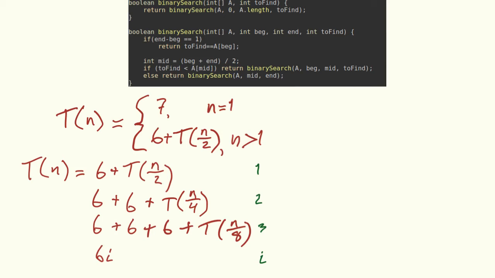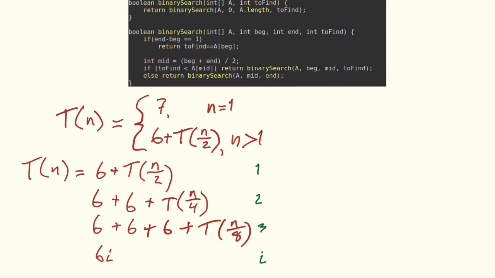6i. Now, here's the tricky bit. What is the pattern going on here? The good news is, once you've seen this pattern, you'll always recognize this pattern. So there are really just a handful of patterns that you can recognize. So what is going on here? Well,